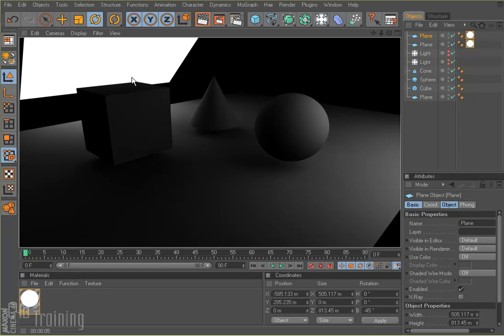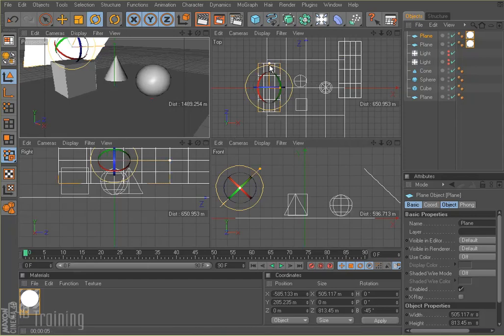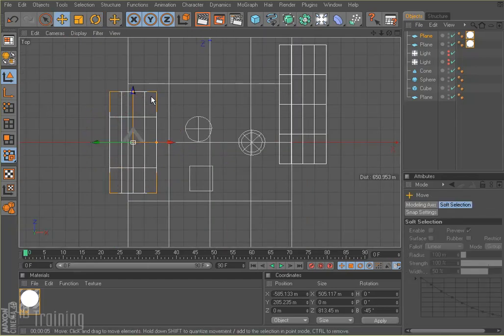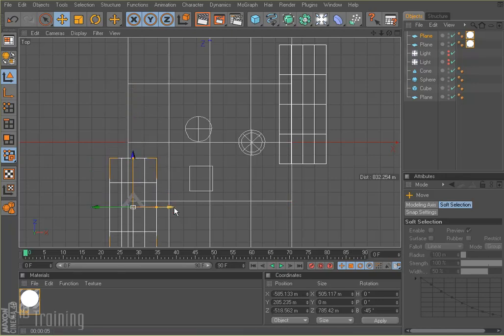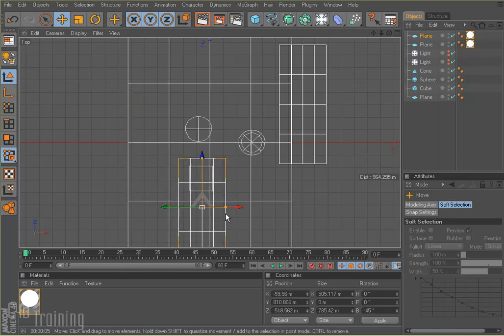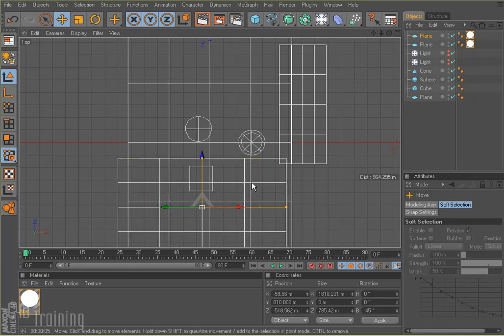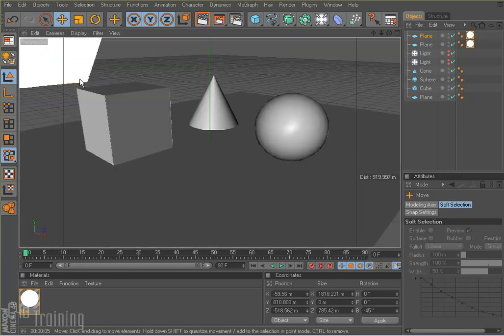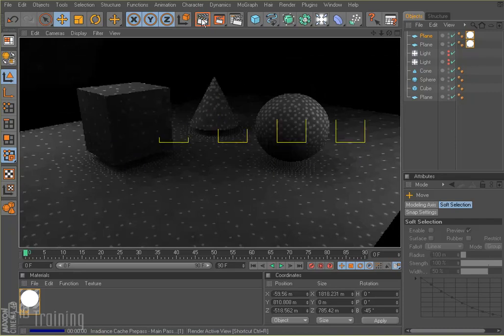But I wouldn't want to actually see that, and probably move it around a little bit here. So I'm going to move this guy maybe this way, and this way, and then I'll make him a little bit wider so he's covering the scene there. So now if I render this again,